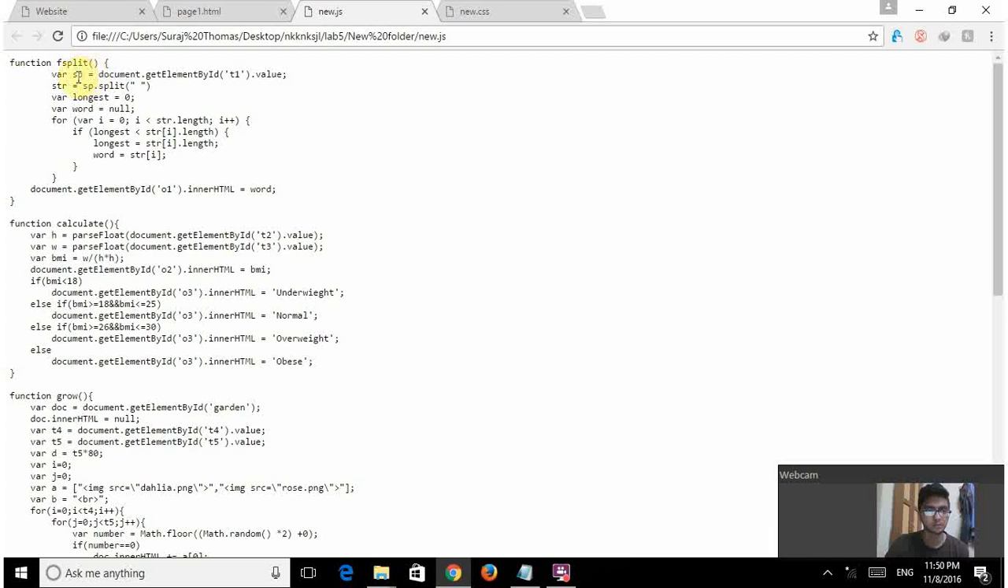So this basically is var sp is equal to document.getElementById t1.value, str is equal to sp.split, where var longest is equal to 0, var word is equal to null, var I is equal to 0, I is less than str.length, I plus plus. If longest is lesser than str[I].length, then longest is equal to str[I].length, word is equal to str[I]. So what this does is it compares any number of strings that are given in the